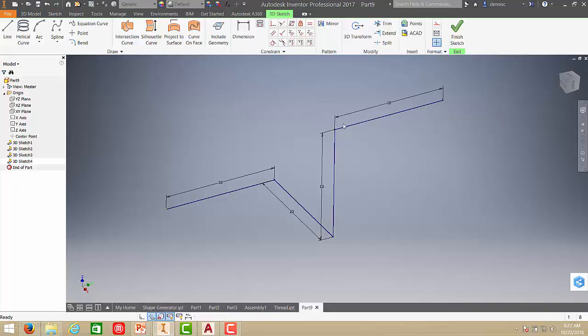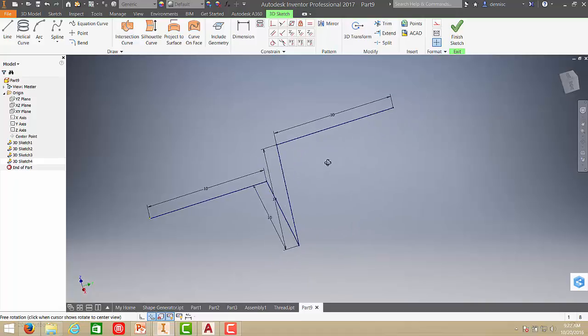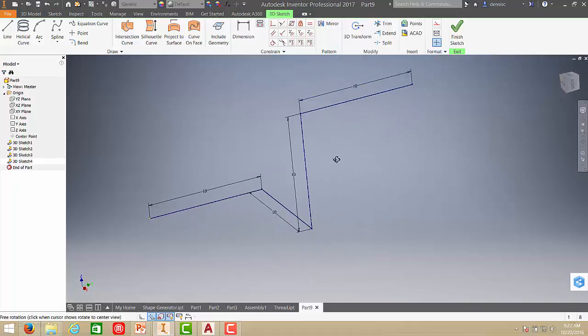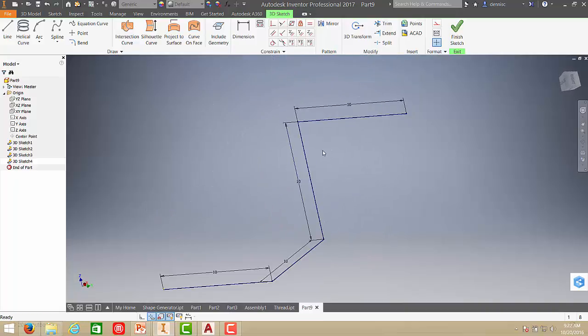So what's the difference between 2D sketching and 3D sketching? In 2D sketching, if you create this kind of sketch, it will be like creating a design on a piece of paper. So the design will be lying in a certain plane only. But with 3D sketching, all the planes that you selected will be there in that feature. So it's really creating your design in 3D.